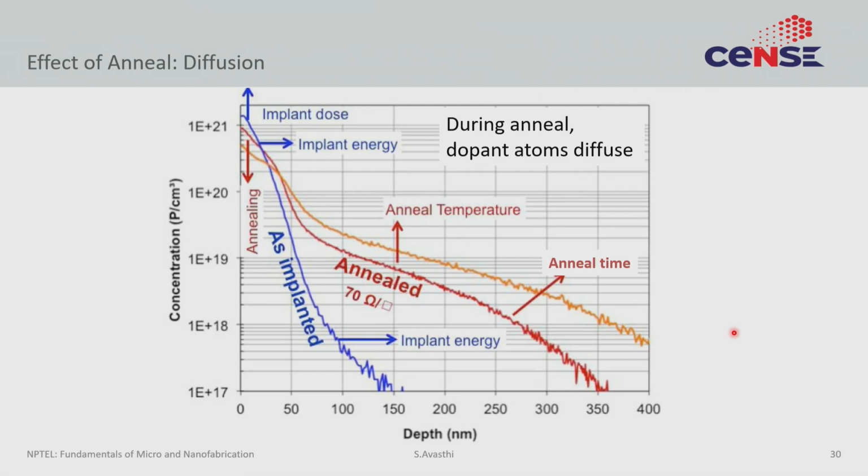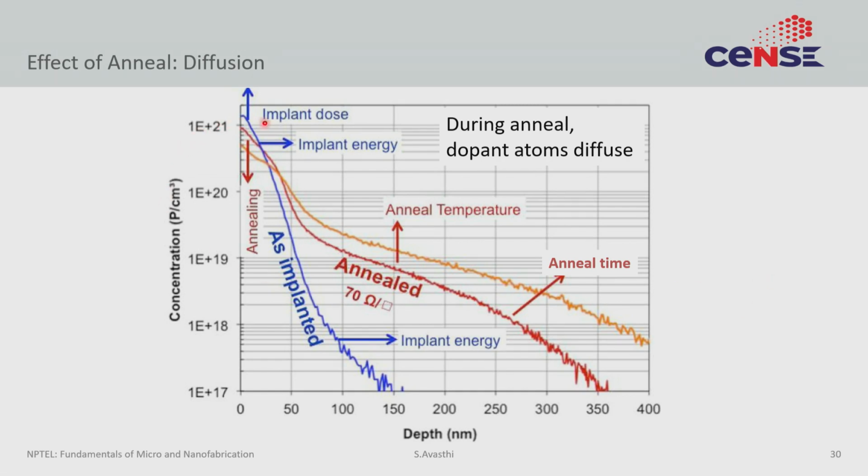Finally, we have already sort of discussed diffusion. The thing to remember here is that when you are annealing the damage, diffusion will also occur. So during the anneal, expect the ion profile to slightly change. So here is an example.